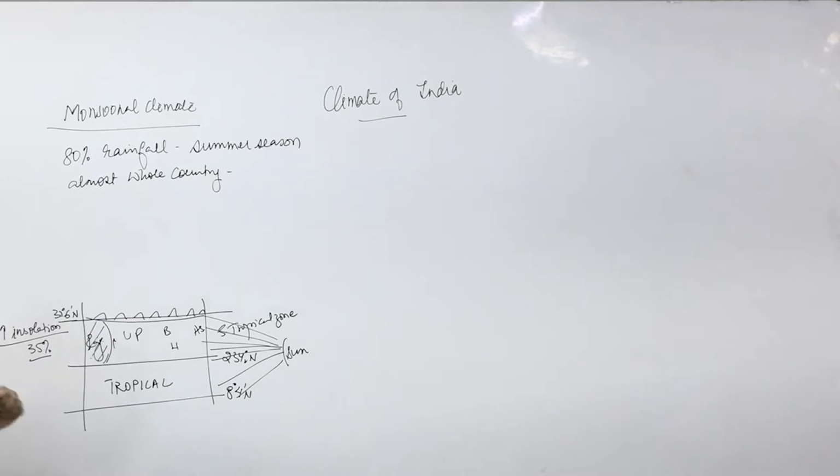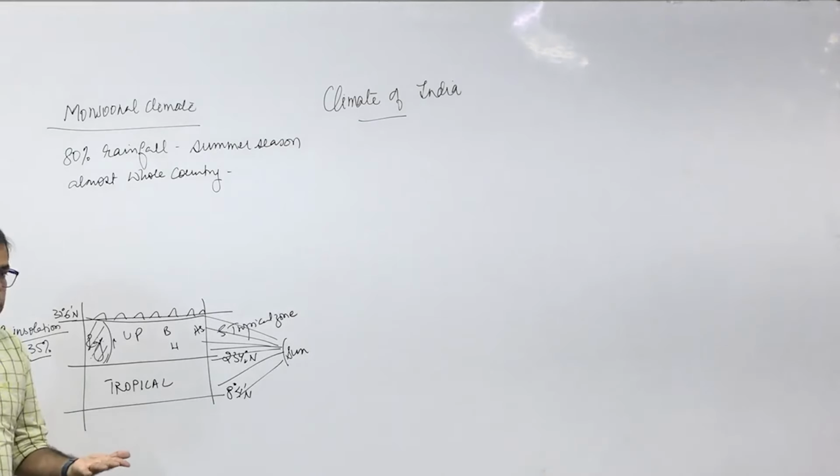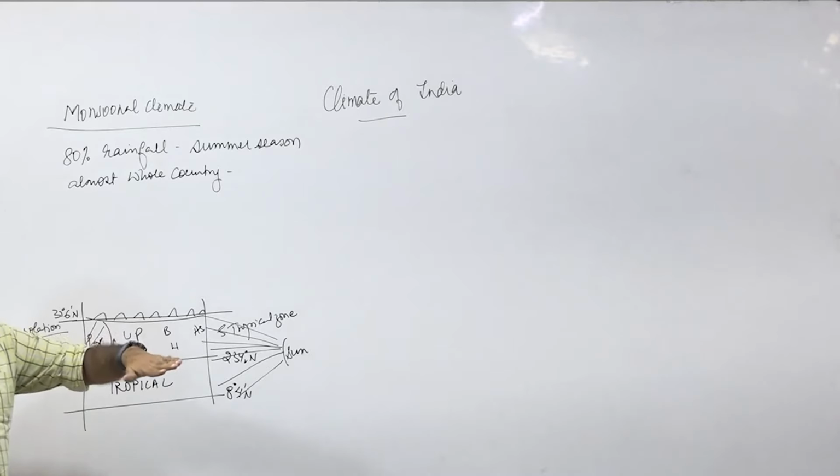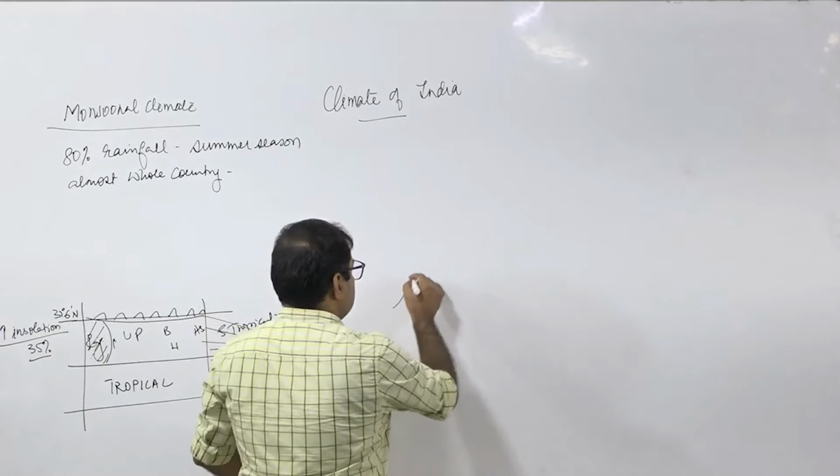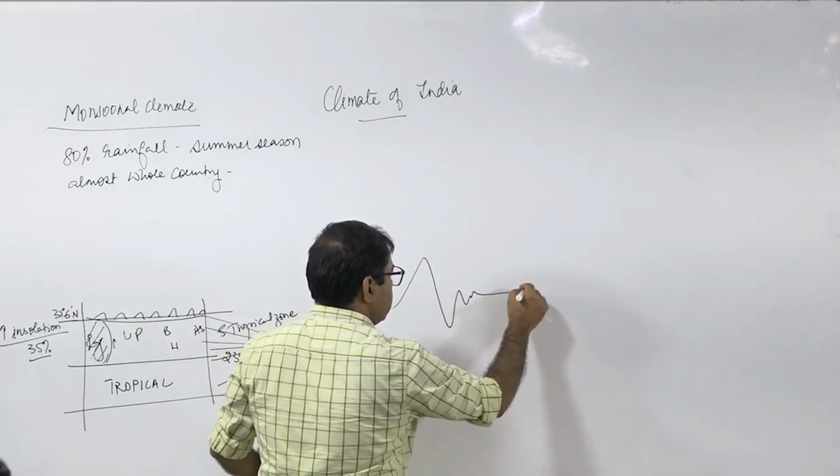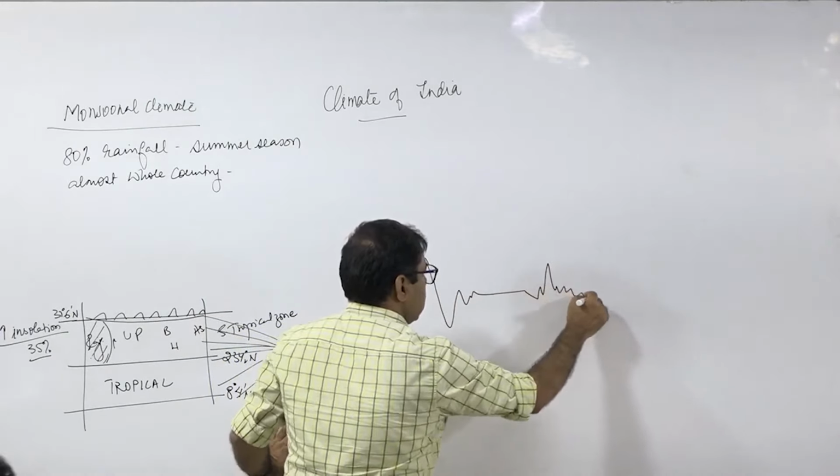समझ में आ गया? अगर आपको प्रीलिम्स में पूछ लेगा, why has the tropical region been heated lesser even though it is located in the tropical areas? Why has the tropical region been heated lesser in comparison to the subtropical areas even though located in the tropical region? क्यों? बोलो. Mountains, पढ़ा इसमें. Physiography: there are the Western Ghats, there are plateaus, there are some hills. So this topography is undulating, rugged topography. Rugged means the mountains are there, valleys are there, elevation is there, plateau is there, again there is a valley, again the mountains are there.